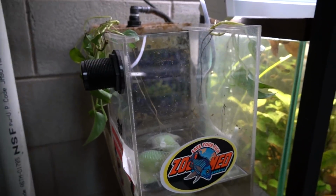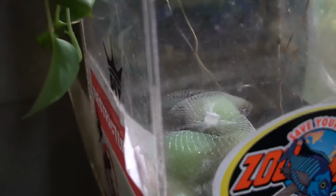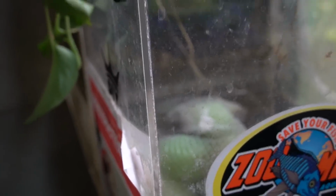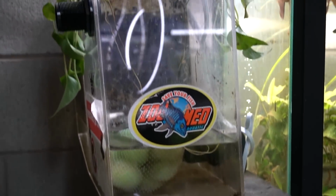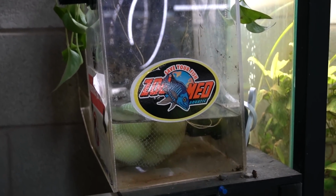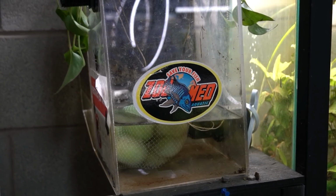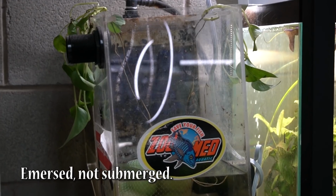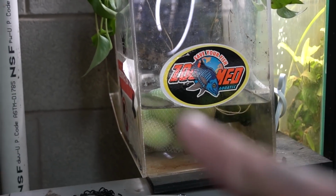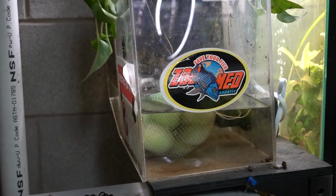Now, the way these filters work is that they draw water from the aquarium, which goes through either a spray bar or what's called a distribution plate. I'll show you, but it's basically a plate with a bunch of holes drilled in it that allows water to trickle through the media that is in the tower portion of our filter. Now, this provides a very oxygen-rich environment for the beneficial bacteria to grow and do its work of converting ammonia